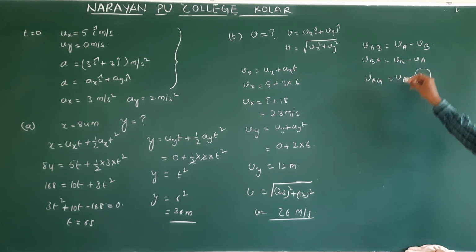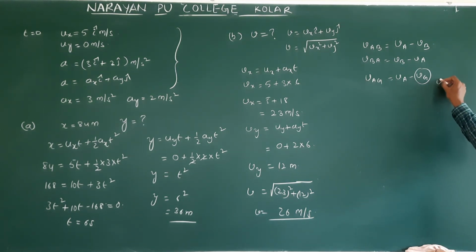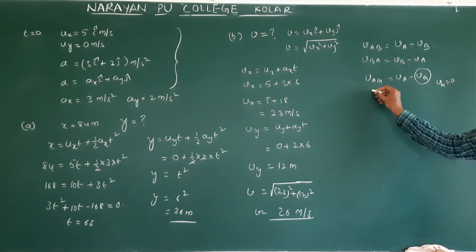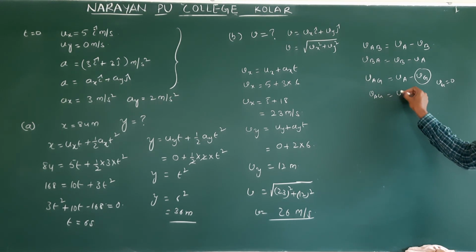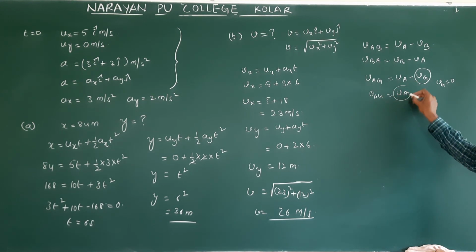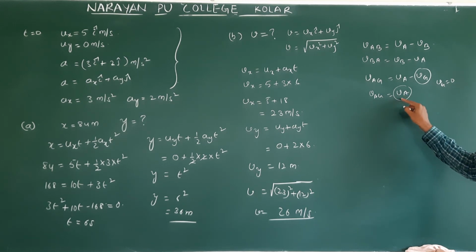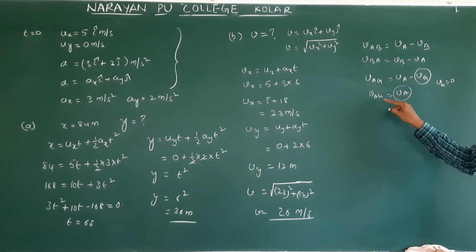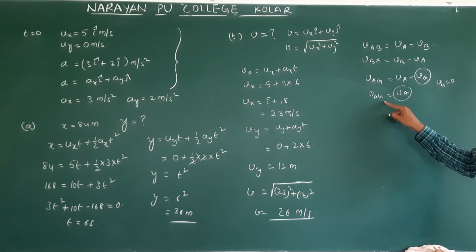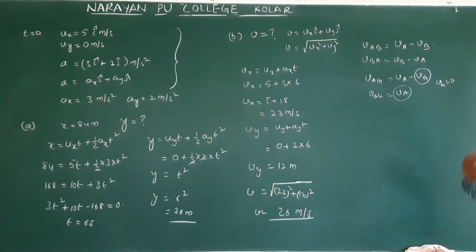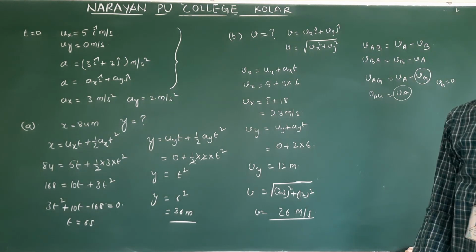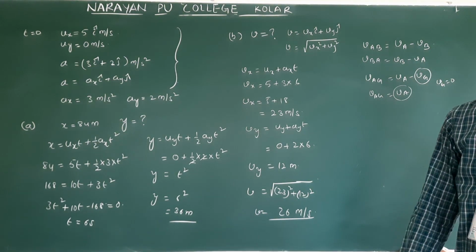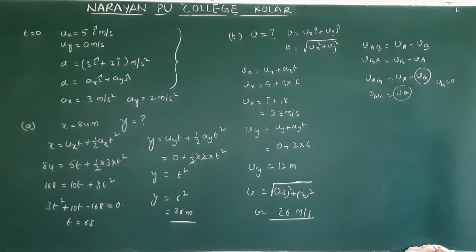But what is the ground velocity? Ground is always at rest. So Vg is equal to 0. So VAG is nothing but VA. That's why velocity of A means velocity of A with respect to ground. We don't always write G, VAG, VBG like that, because ground velocity is 0. What is our reference point for all this? Earth is the reference point, that is at rest. Right? Clear? So we take the ground as at rest.